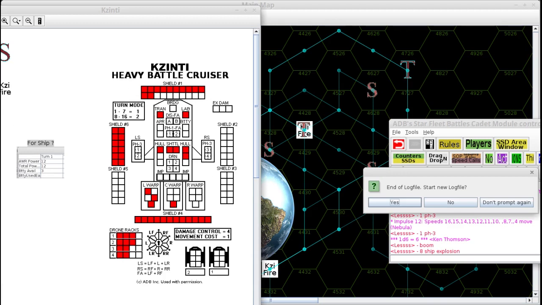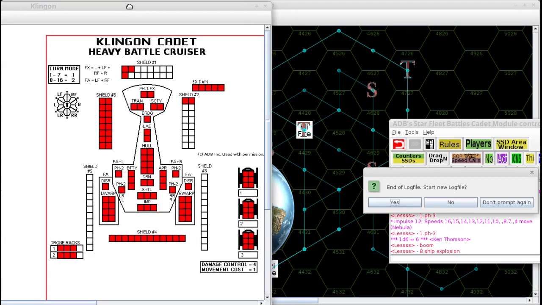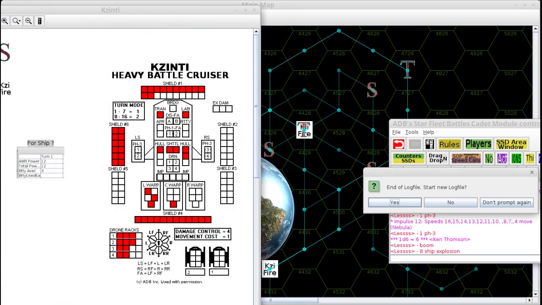Klingon loses a ship. The Kzinti ship is still kind of fightable, because after this battle his shields come back up for the next battle that he incurs on the strategic game board. But immediately what comes in on the board here is